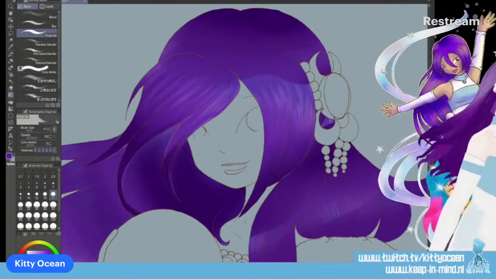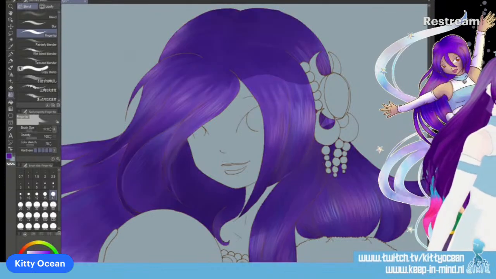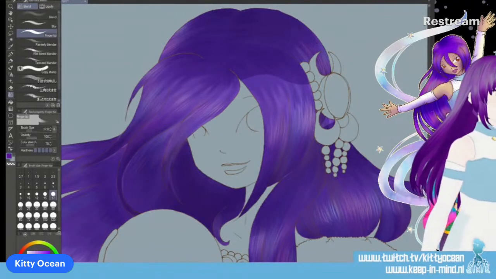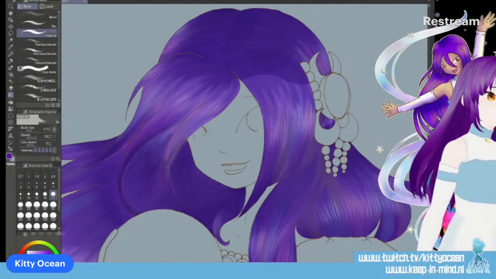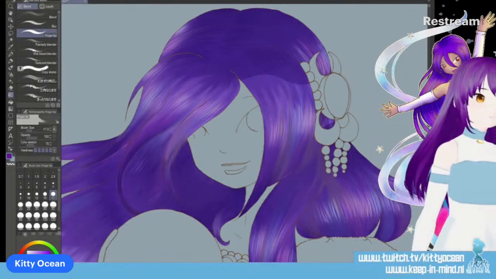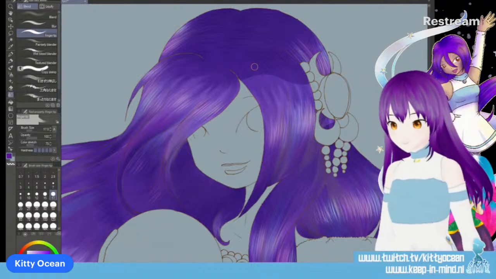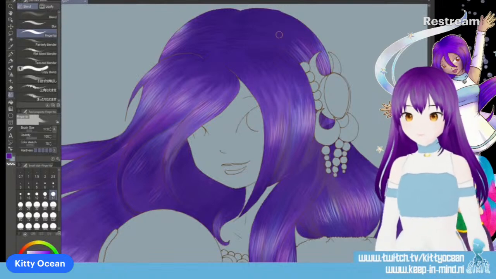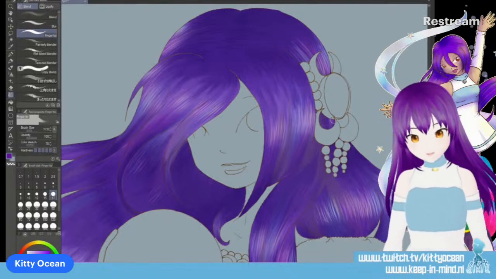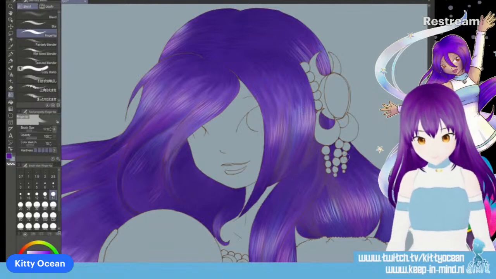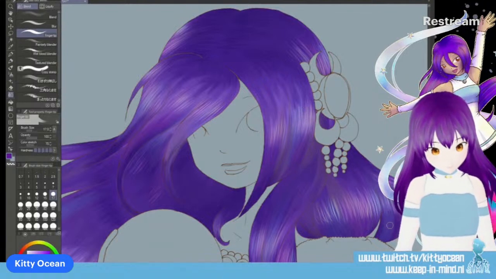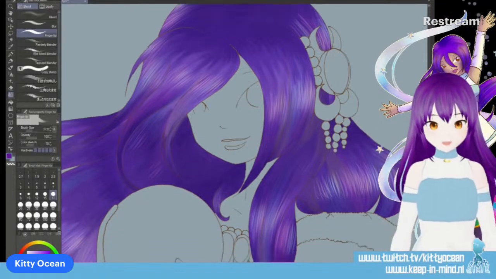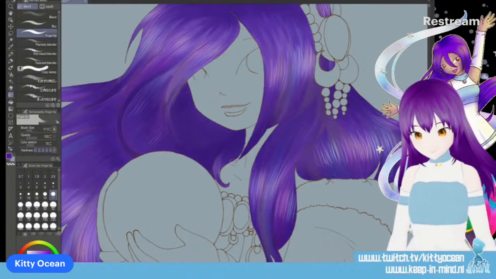I am gonna need to see what I'm doing. There we go. Otherwise, you're not seeing what you're doing. Still a bit too much darkness, by the way, so I'm probably gonna need to lighten it a bit, but